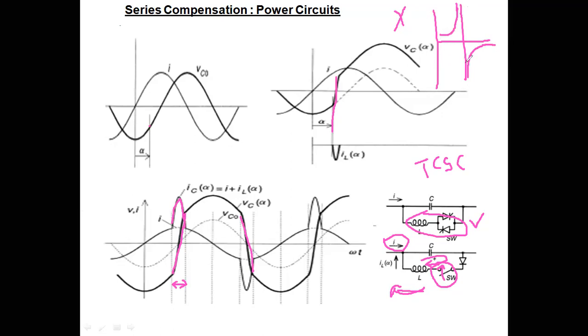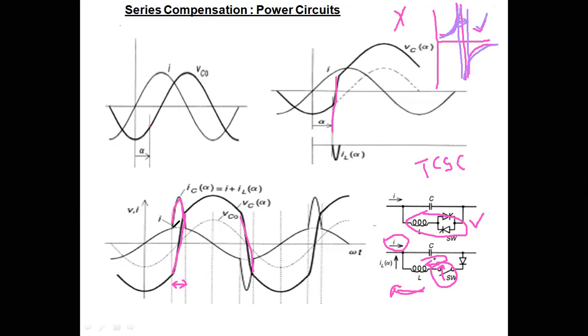Here you will have a forbidden, not operating region. It won't operate during this region, the forbidden region. We are assuming that it won't operate. It goes to infinite once XL is equal to XC. So it won't operate during this region or range. So the reactance diagram is also important. This is inductive in nature and this is capacitive in nature in the case of XTCSC, so this is also important as far as TCSC is concerned.